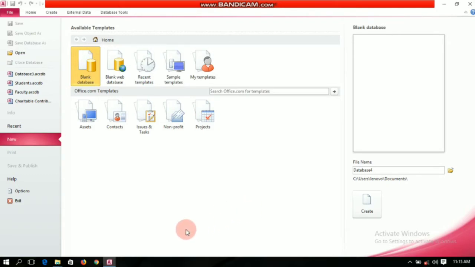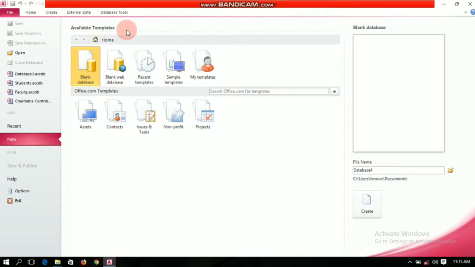database type. There are a few available templates, which is the easiest way to create a table. Templates are ready-to-use database objects that contain various types of tables, queries, forms, etc. They are needed to perform specific tasks and help you speed up the database creation process. So these templates allow you to just enter the data. You don't have to make all the fields that are necessary for your table.